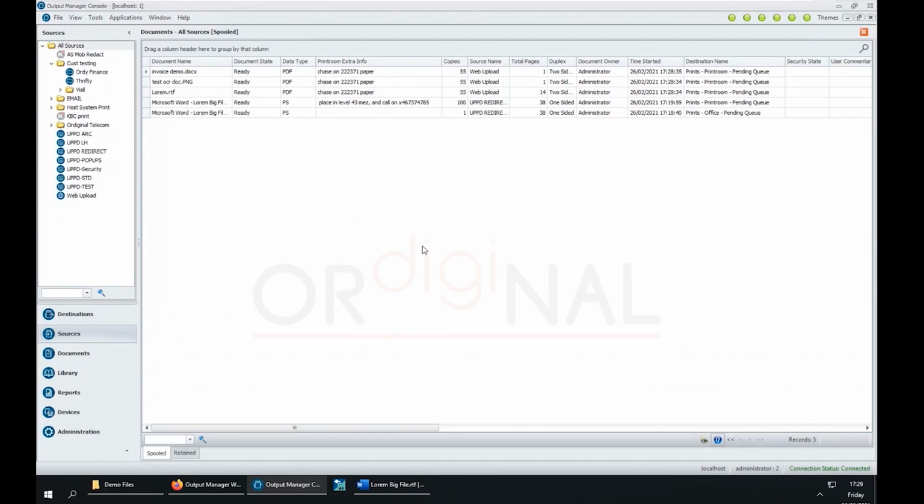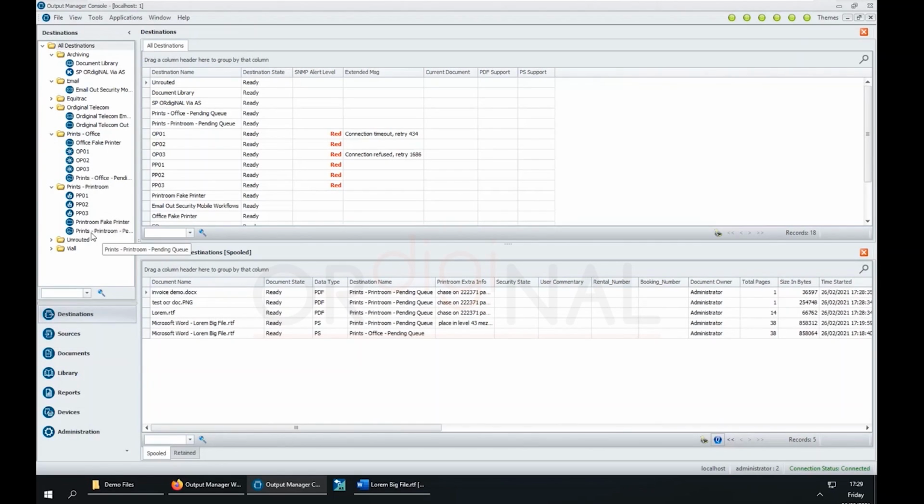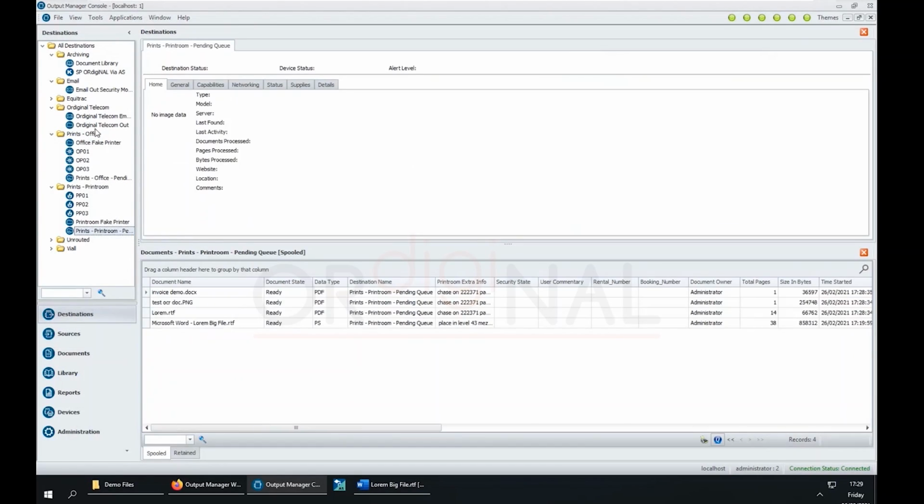So we've shown you 2 methods there of getting jobs into a print room. Let's show you perhaps what the experience is like for a print room operator having received jobs from a variety of input sources or methods. So the jobs are routed to our pending queue. You can see the jobs, well, not all of them, one of them was still going to the office. So the print room operator isn't interested in the office jobs. So if he goes to destinations and then goes to his print room pending queue,